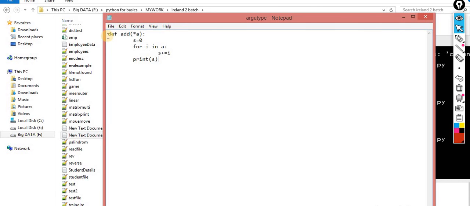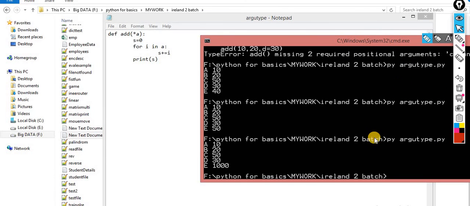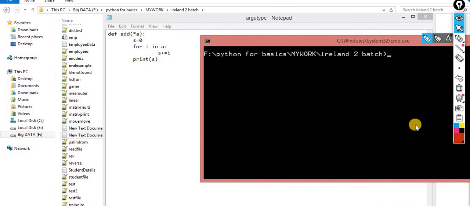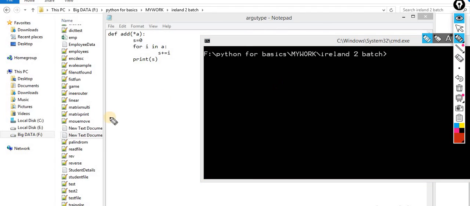Okay, so if you're coming from the technical background, if you're coming from the C++ background, there is a concept called function overloading. Don't worry if you are not coming from the technical background, let me explain that concept, then I will come back to this concept. Function overloading means, let's suppose I am defining a function def of add a comma b.